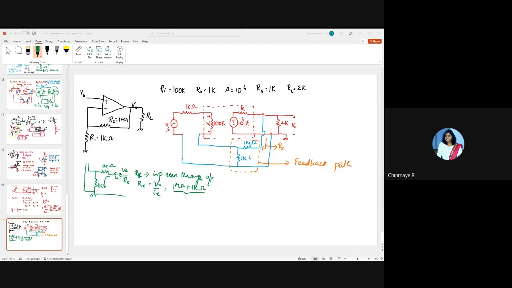So it's basically like this. We are trying to separate it. We are pulling that network out and we'll see what loading that network has on the output side and on the input side. And then we'll put that loading on the amplifier in order to make the beta network ideal. That's what we're trying to do now. Is it clear? Yes, ma'am.